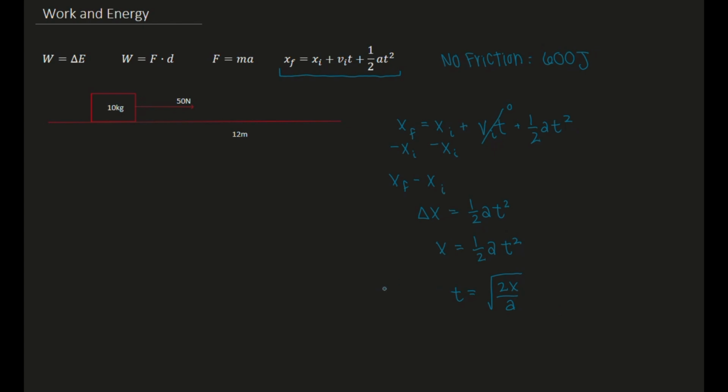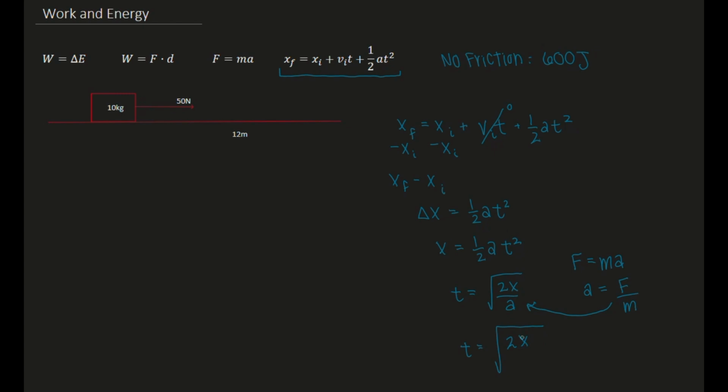And how can I put this in terms of my overall net force, right? Because I'm not given an acceleration, but I do know from Newton's most classic principle that force is equal to the mass times the acceleration. So I can set that expression up. Instead of using acceleration, I can use force. If I know that force is equal to ma, then I know that a is equal to the force over the mass. And all I do is I plug this expression in for a here, and what I end up getting is that the time is equal to the square root of